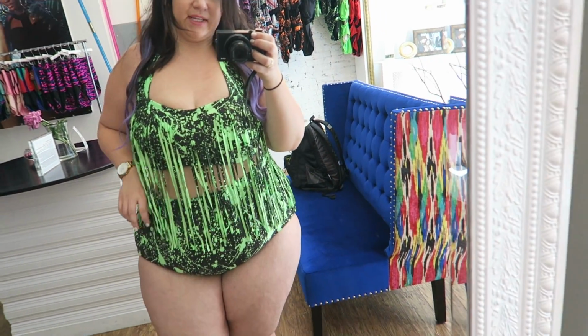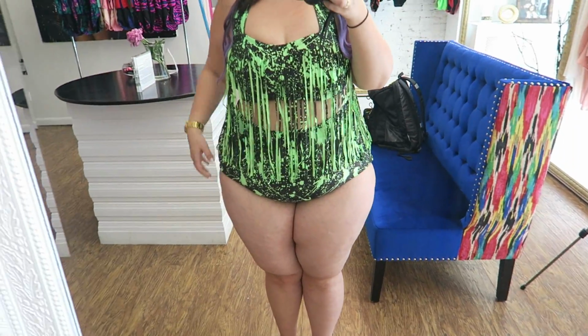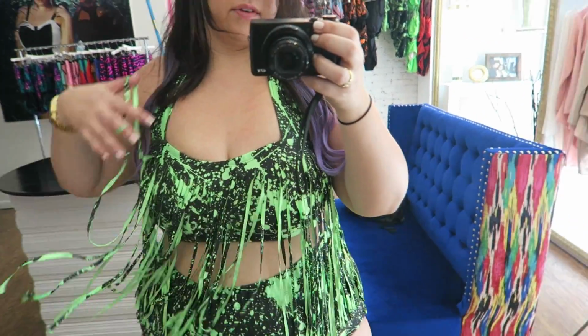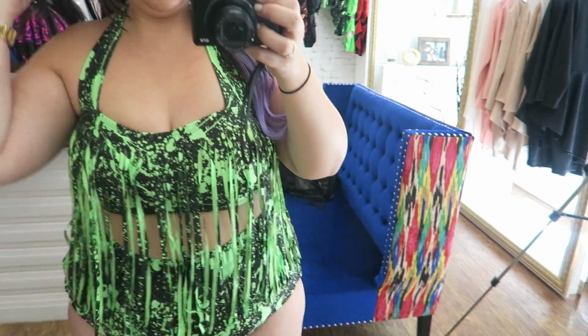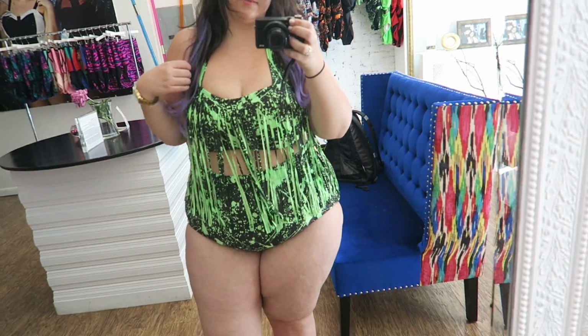Wearing a size 20 in the bottoms. Again, I should have sized down because a little too much space here, and so the fit's not as high cut on the thigh as I'd like. Wearing a size 14 top, and loving the fringe. It does have a halter to it. This is just really pretty. I think I would have gone with a different color just for me. I think I would have gone with a pink or something that would look a little cuter with my